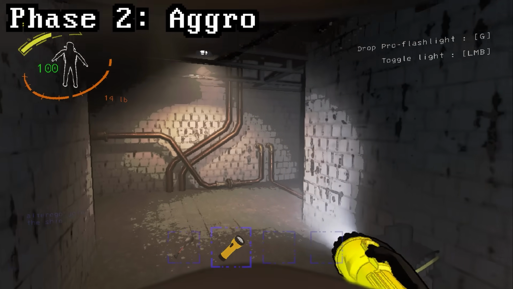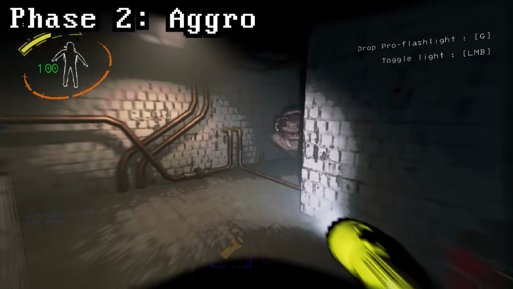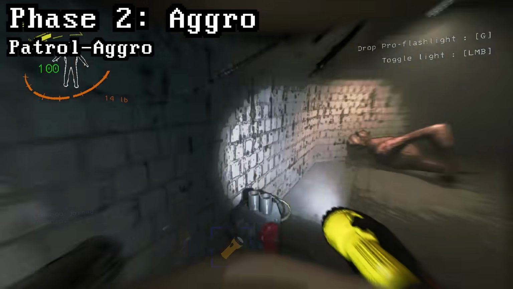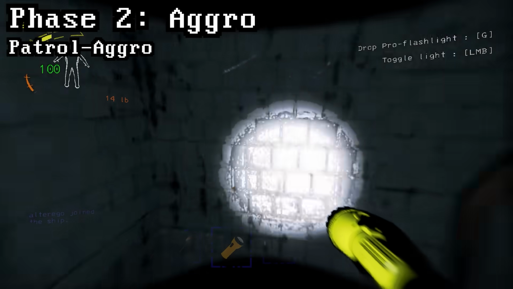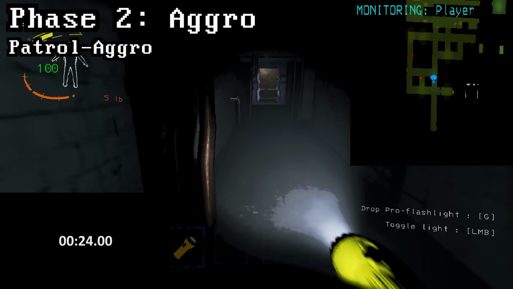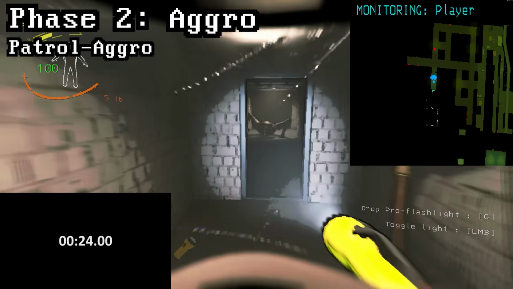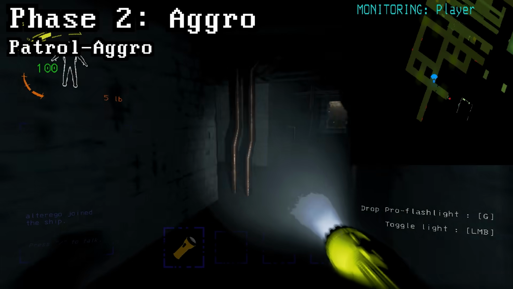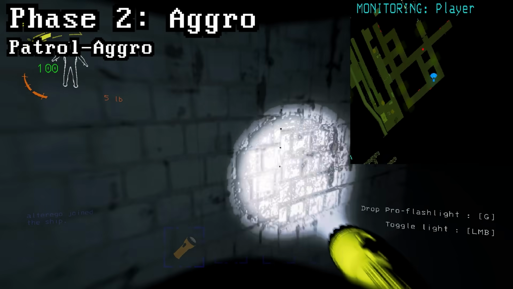As soon as you're out of the Thumper's line of sight, this will begin a 24-second clock, which I like to call Patrol-aggro. During this 24 seconds, the Thumper will search for you the same way he does during phase 1, but he is aggroed. So in this example, the moment I jump over the Thumper, I'm out of his line of sight, and that 24-second clock will begin immediately. The Thumper will then charge the last place it saw me,